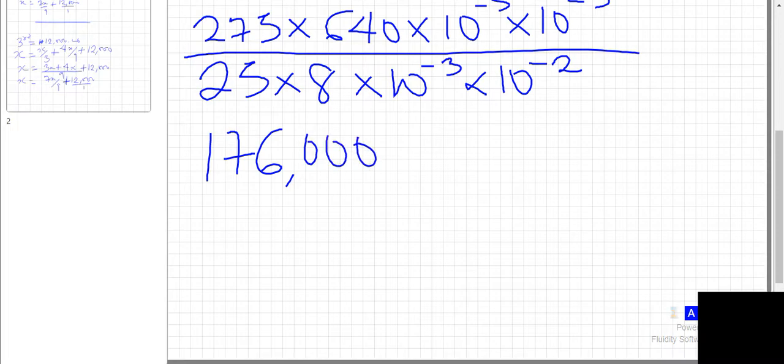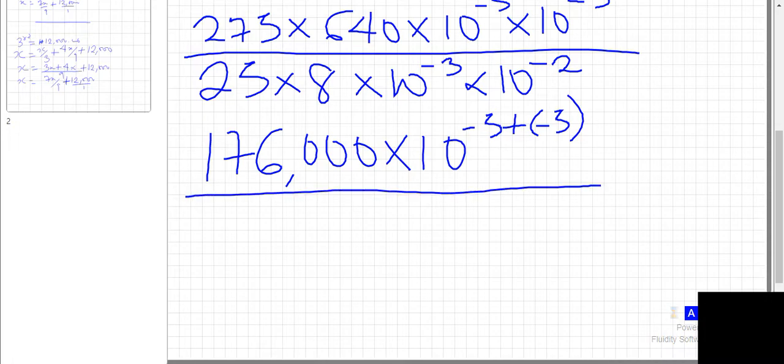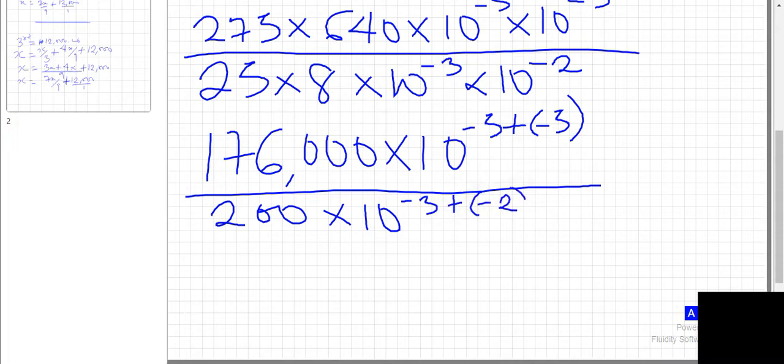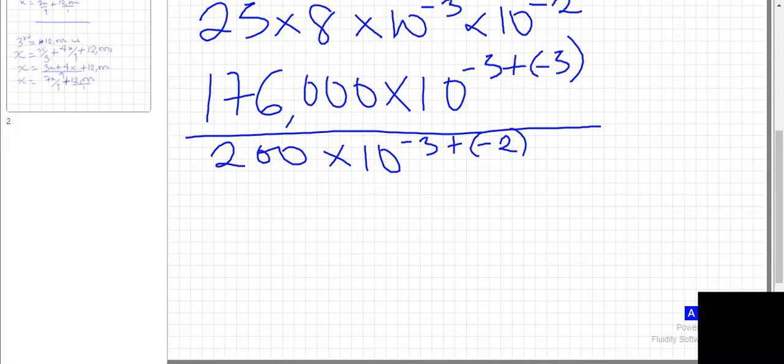176,000 times 10 raised to power minus 5, remember, plus bracket minus 5. Gradually we are going to have all these divided by 25 times 8. 25 times 8 will give us 200 times 10 raised to power minus 3 plus bracket minus 2. Now let's simplify this further. If we simplify this further, 0 will cut 0, 0 will cut 0. So we'll have